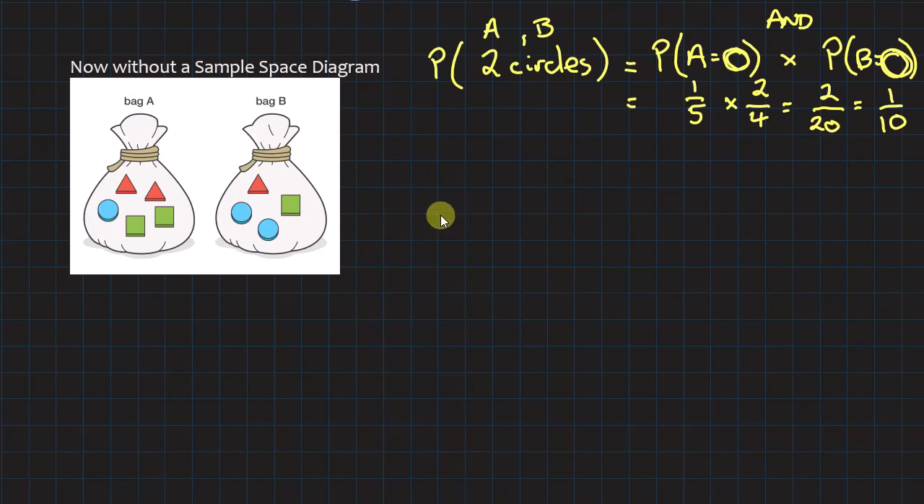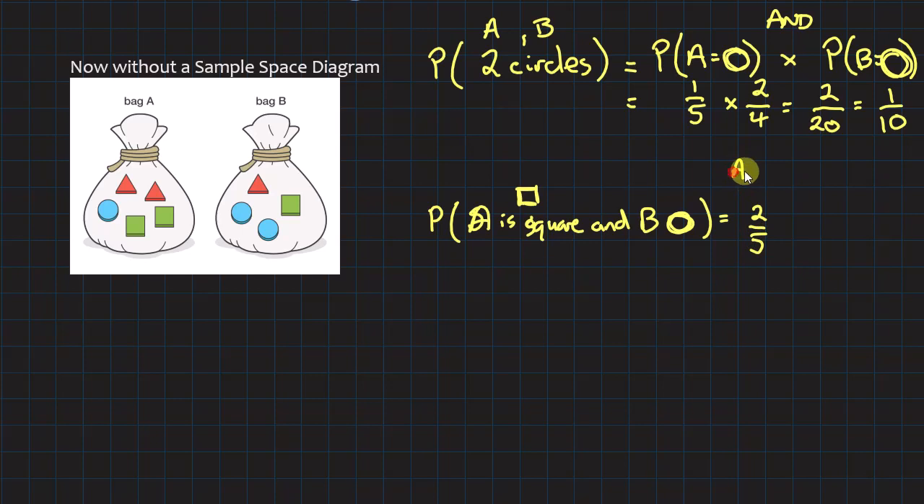Try the probability of a square from A and B is a circle. So the probability of A is a square, 2 greens out of 5. A is a square,